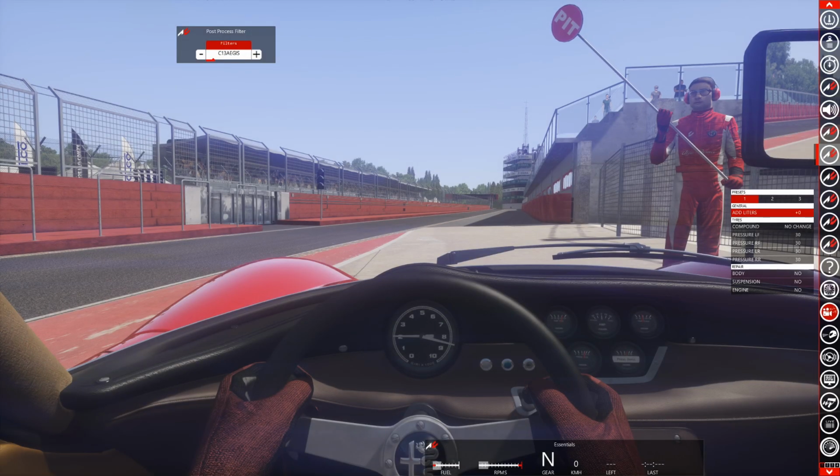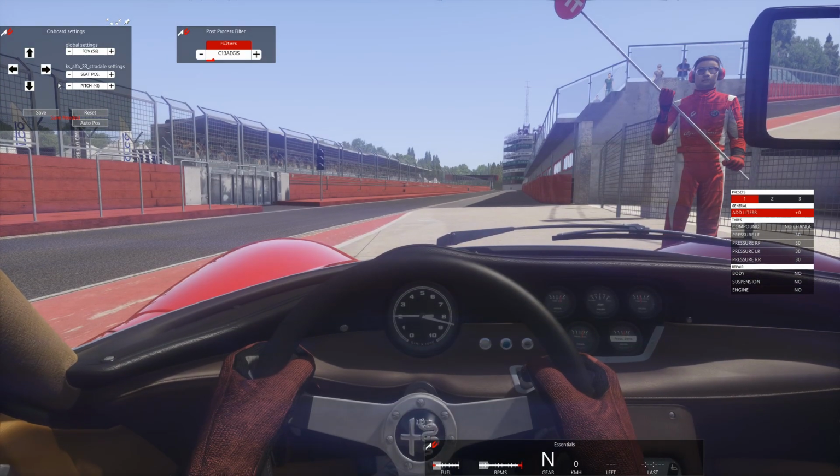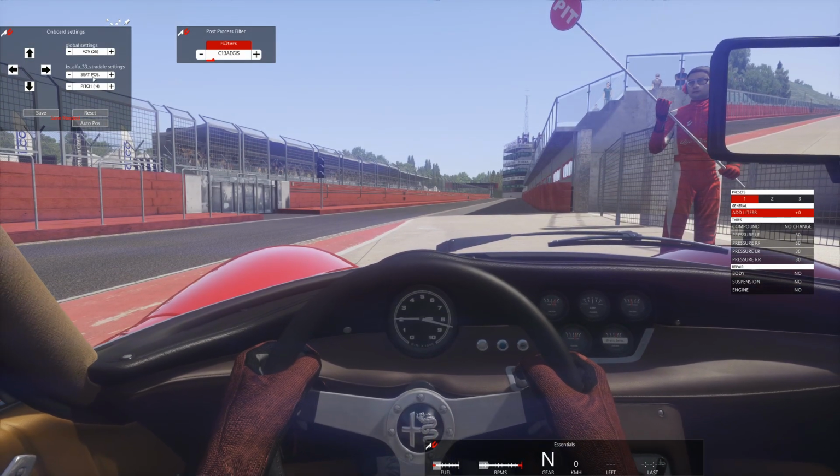Load into a track session, hover your mouse over the right side of the screen to open the app sidebar, and open the onboard camera app. Tweak the virtual seat pitch, height, and distance to bring the steering wheel or mirrors into view without distorting your